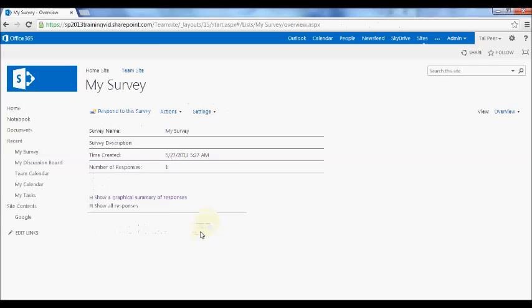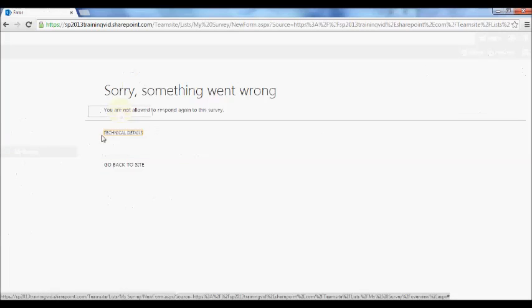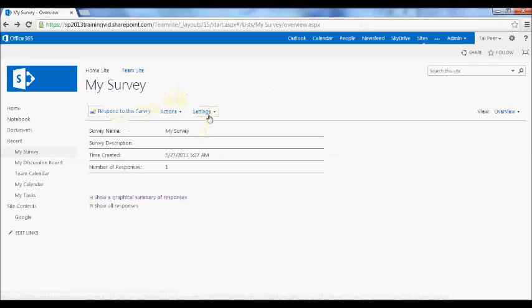Now I'll show you what the branching logic looks like if I choose different options. But what I'll show you first here is if I press respond again, I get an error message saying I'm not allowed to respond again to this survey. So if I want to take the survey again, what I really want to do is go to the survey settings,